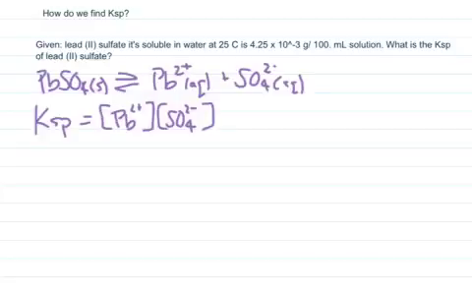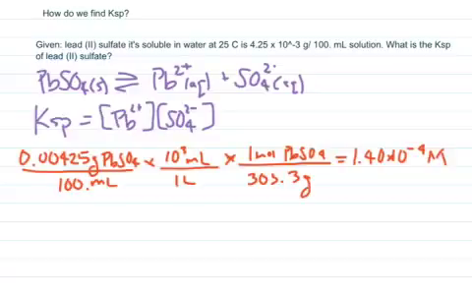So we get our equation and our ion product expression. Now we're going to convert the solubility to molar solubility. Let's go. And then I get 1.40 times 10 to the minus 4 molarity. So I just took the grams and I multiplied by 10 to the third milliliters to get our liters. And then I took the grams, used the molar mass of lead(II) sulfate, and I was able to get